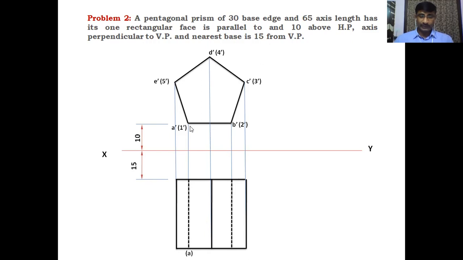Locate the points from A dash. The line on which A is located is from A dash, and B is the intersection point on the line which is drawn from B dash. These two base points are invisible points. That's why I'm locating them in brackets. And the next point is C, which is located on the line drawn from C dash, and D is on the line from D dash, and E is the point on the line from E dash. Like this you have to locate the base points.